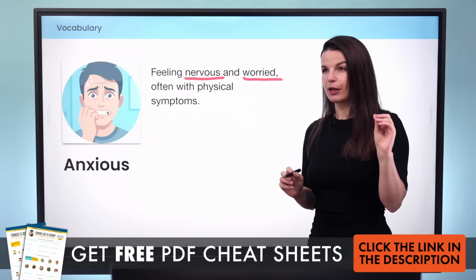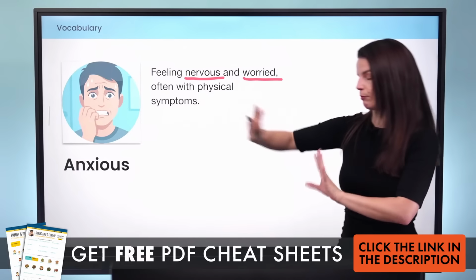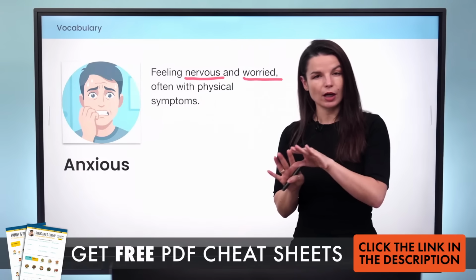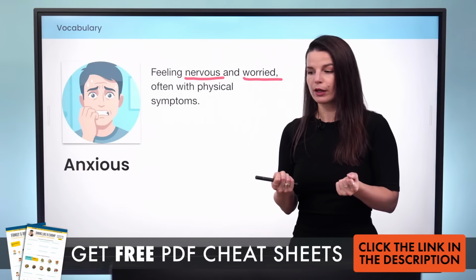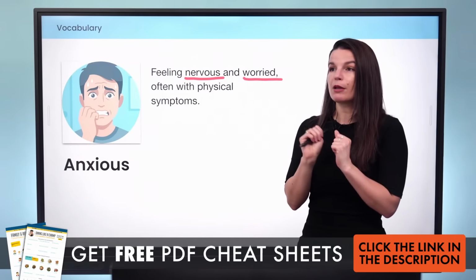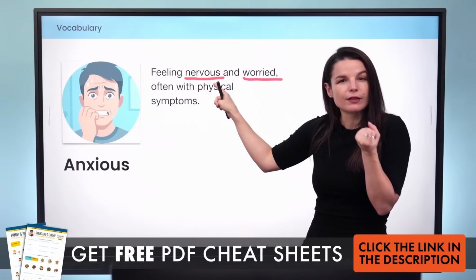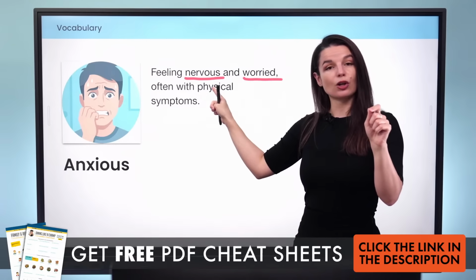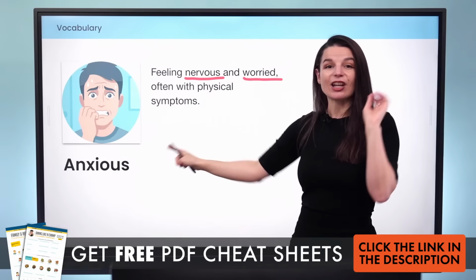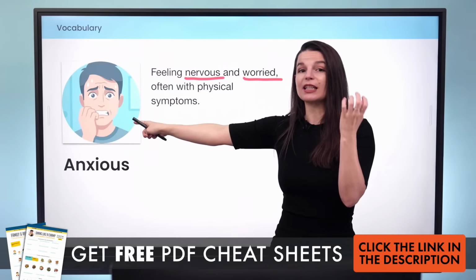Some people experience anxiety, which is like a special level of anxiousness. That's beyond today's lesson. But anxious is very similar to worried. We talked in the beginning about worry, and I said worry has a feeling of fear, right? We feel afraid about a problem. Something bad might happen. Anxious has this feeling of nervousness. So I said before, this is a good word to use before a presentation or a performance, right? You feel anxious. Some people, when they get anxious, they bite their nails like this. That's maybe a really common example.